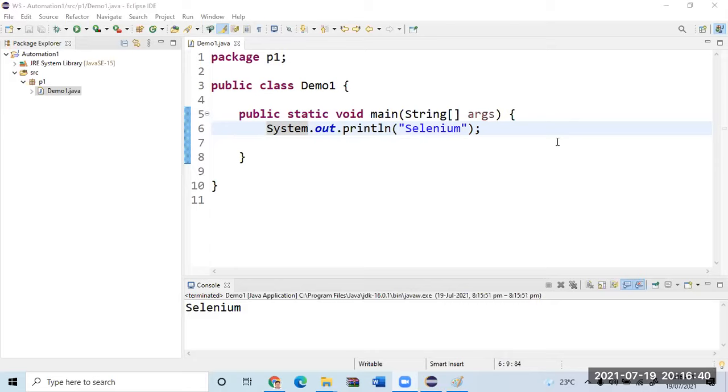Do not neglect. Very good, Deepthi. Super fast.